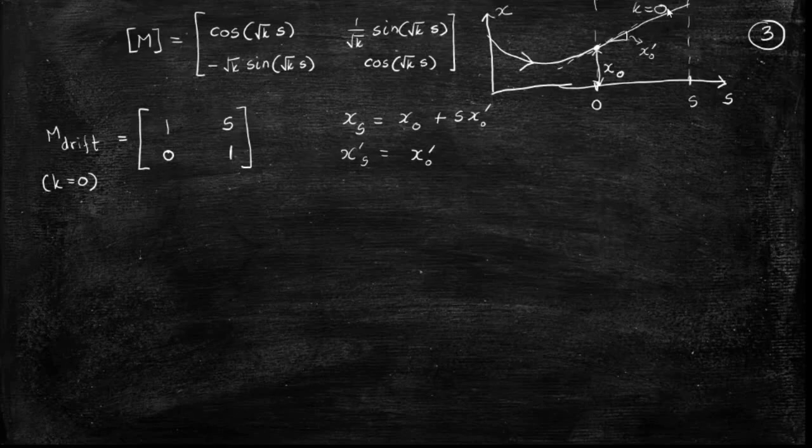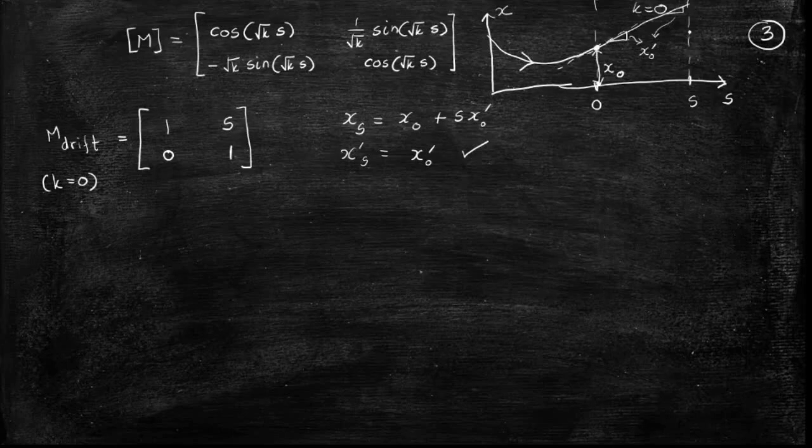This is basically Newton's first law, I think. A particle continues to move in a straight line unless there is a force acting on it. Newton's first law, right? So basically this particle keeps moving like this. Agreed? The physical reason is agreed. Yes, sir. In the drift region, it will not bend its trajectory, it will continue to move straight. Therefore, at the end of the trajectory also, its slope will be the same as what it was previously. So x0 prime and xs prime will be the same, which confirms this particular equation, right?